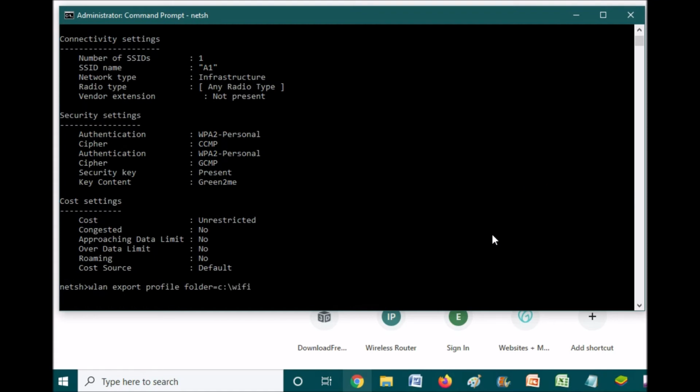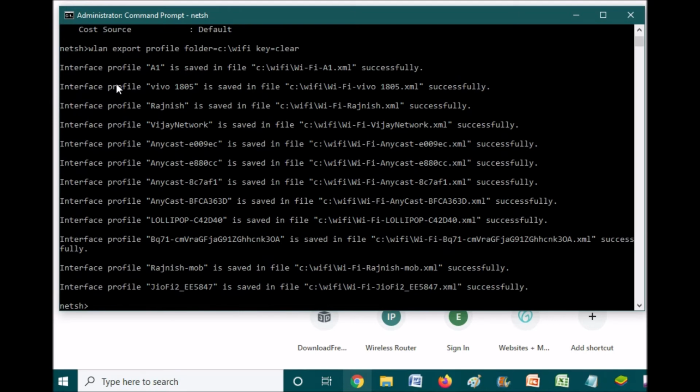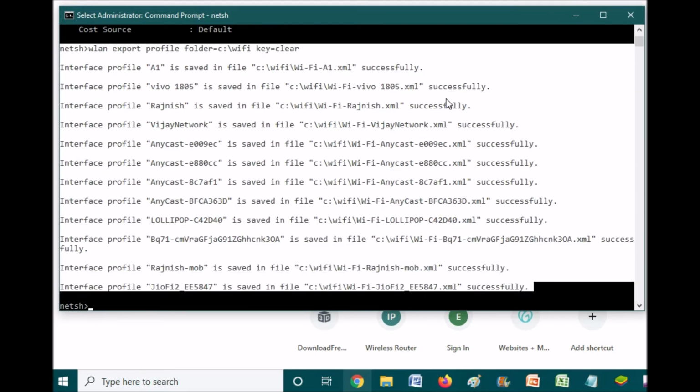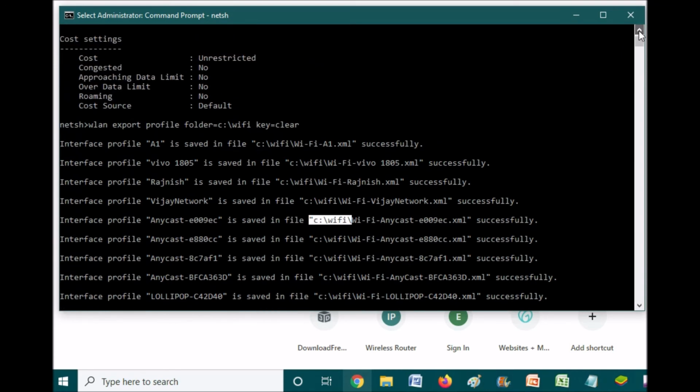You can make any other folder. One space, key equal to clear. Now it exported all Wi-Fi networks to XML format, which can be seen either in Notepad, Notepad Plus, or any Explorer, under the folder C:\Wi-Fi, which we have given as the path in our command.